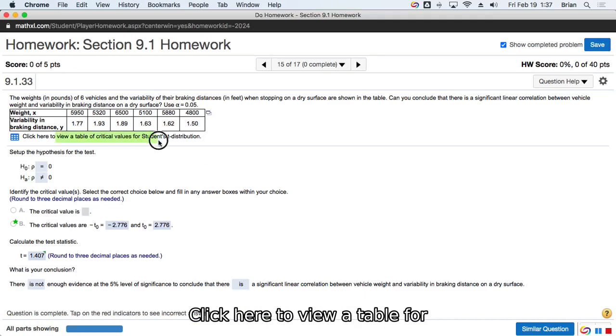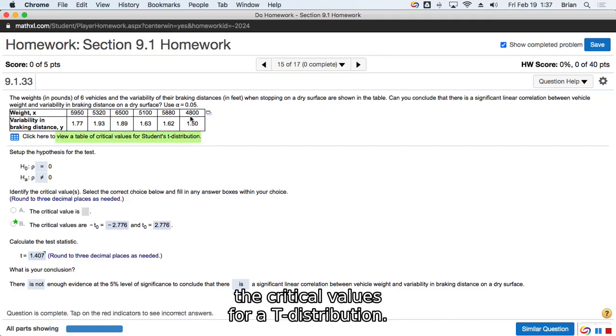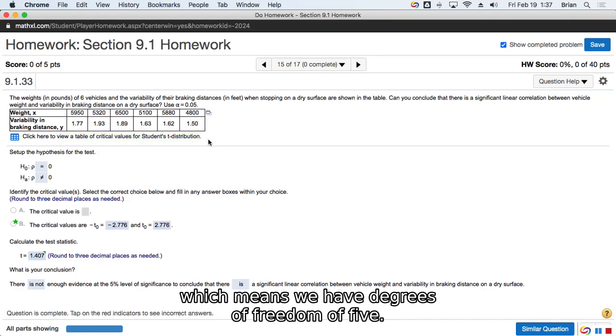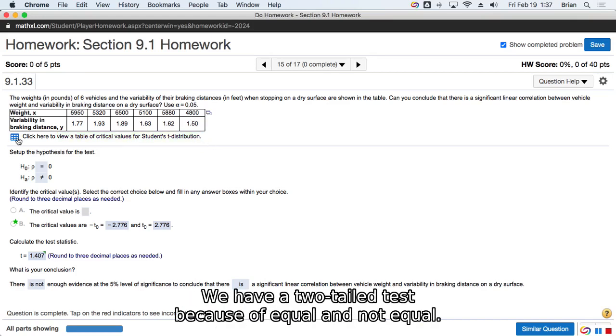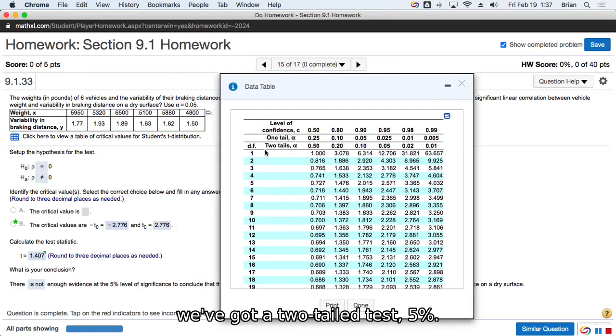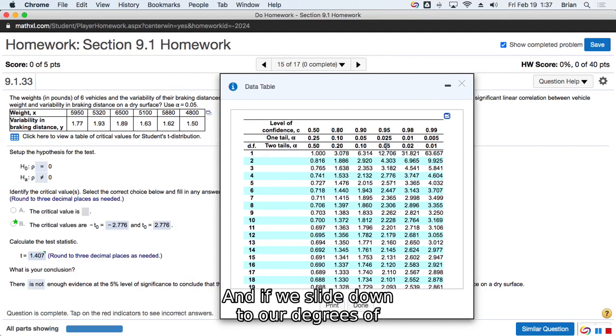Click here to view a table for the critical values for a t-distribution. We have an alpha of 5%, and we have 1, 2, 3, 4, 5, 6, which means that we have degrees of freedom of 5. We have a two-tailed test because of equal and not equal. So if I click on the table over here, we got a two-tailed test, 5%, and if we slide down to our degrees of freedom,